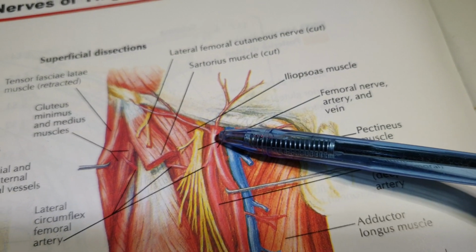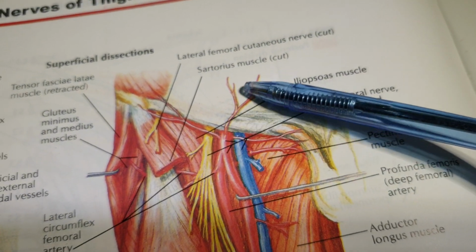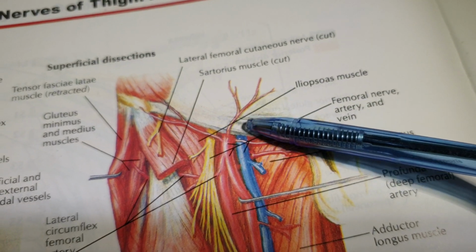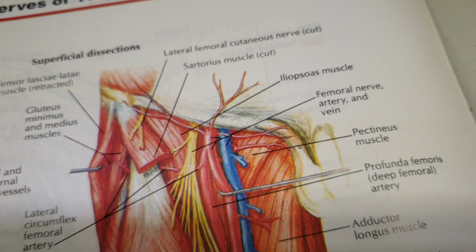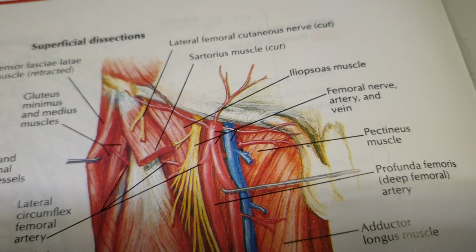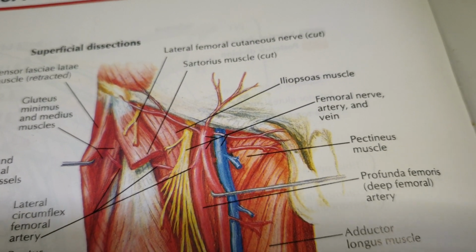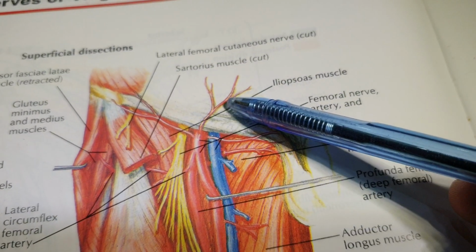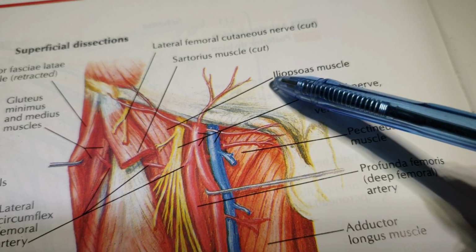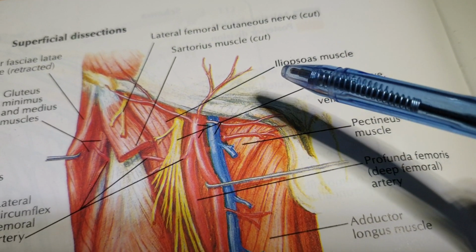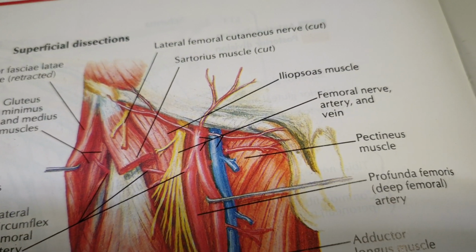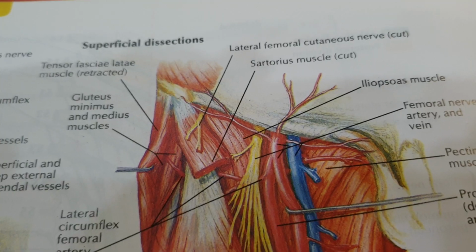It will pass upwards towards the abdomen, over the inguinal ligament, and it runs between the two layers of superficial fascia of the anterior abdominal wall. And eventually it will anastomose with the artery of the opposite side, and also with the branches of the inferior epigastric artery, which is the branch of the external iliac artery.